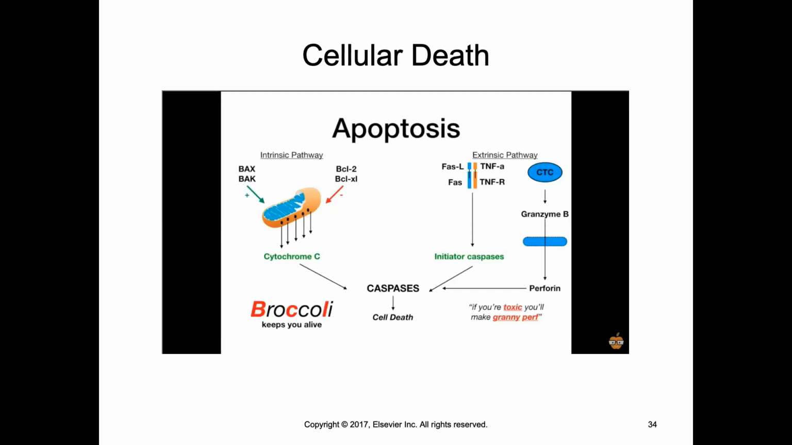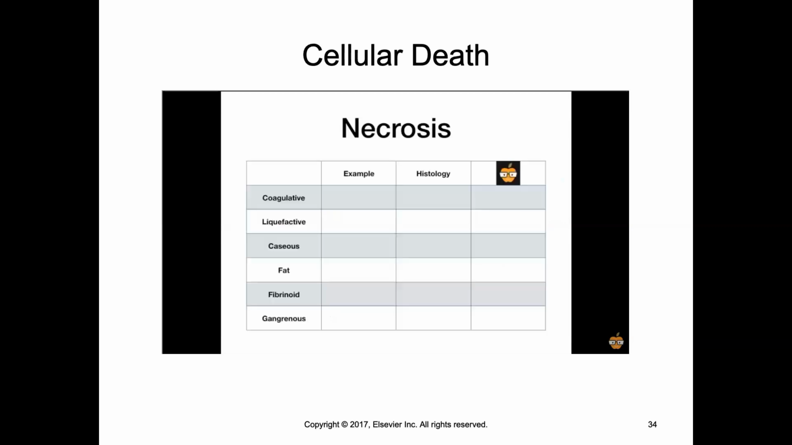Let's move on to necrosis and quickly summarize the different types of necrosis. Now, necrosis is admittedly a lower yield topic than apoptosis, and because of that, I'm going to quickly go through this table that's going to summarize everything you need to know. There are 6 different types of necrosis that are technically fair game for boards: coagulative, liquefactive, caseous, fat necrosis, fibrinoid